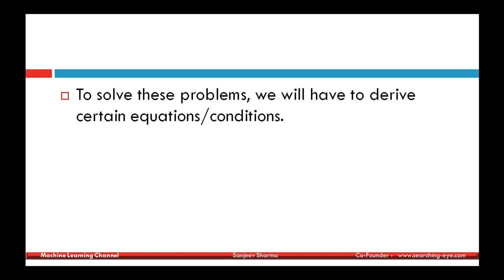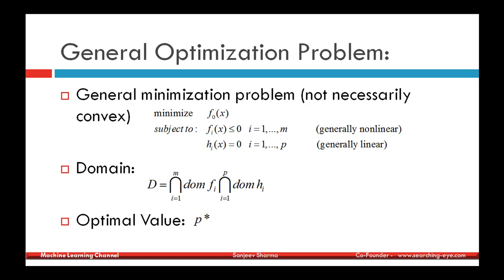So to solve these problems, we will have to derive certain equations which are known as the KKT equations, and now we will derive them. So here we will consider a general optimization problem, not necessarily convex, but for this case we can assume they are convex functions, that is f naught is convex and fi's are convex and hi is an affine function. So the general optimization problem is to minimize the objective function f naught subject to constraints